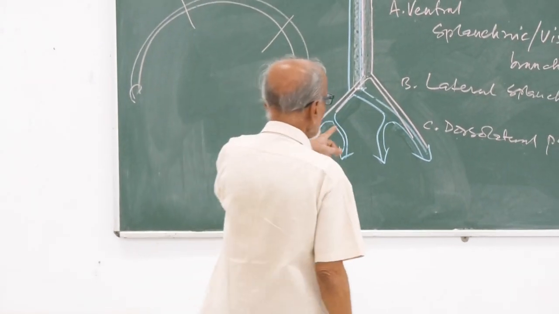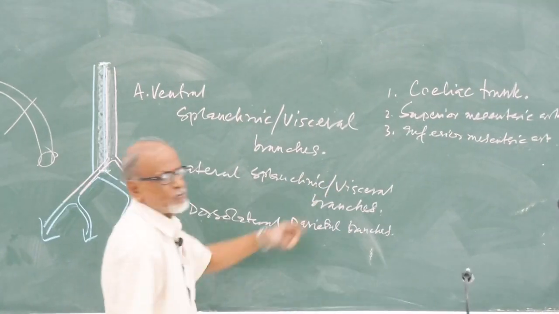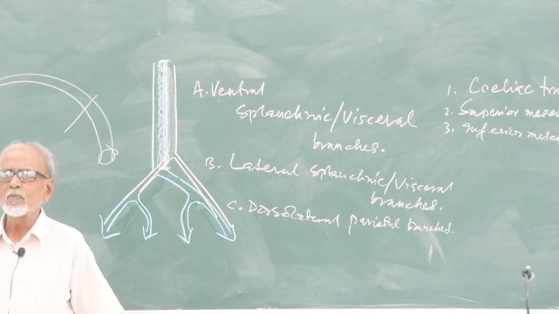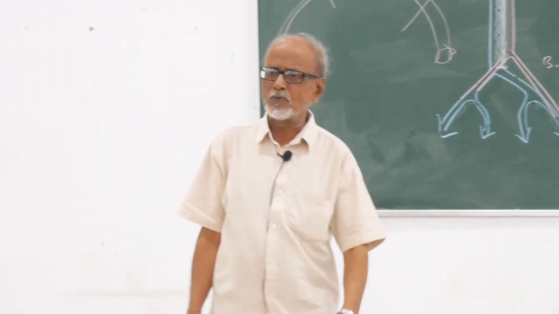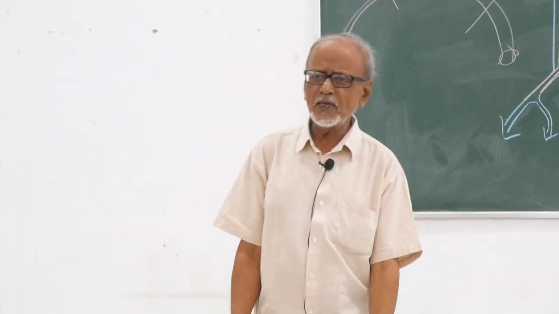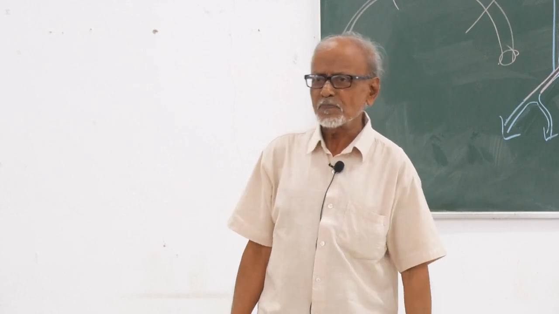Next, lateral splanchnic or visceral branches. You have to know their names too. Lateral splanchnic or visceral branches. What do they supply? They will supply